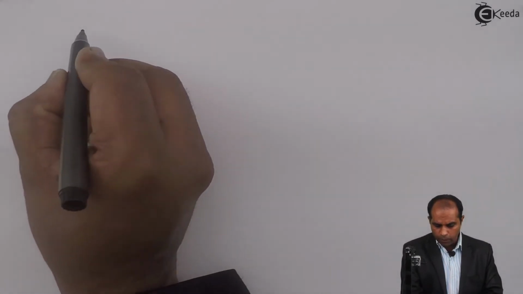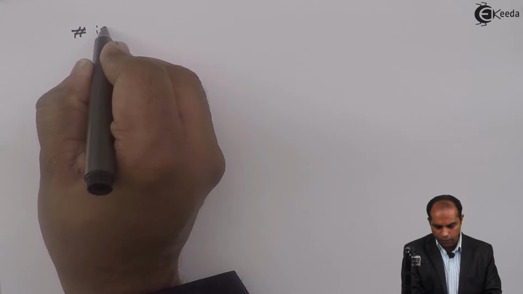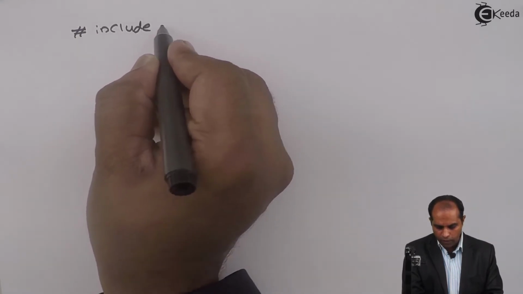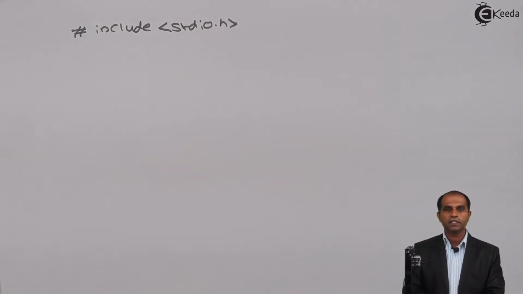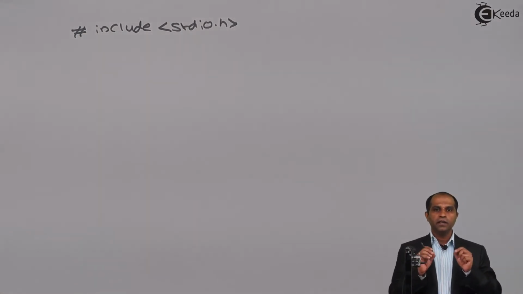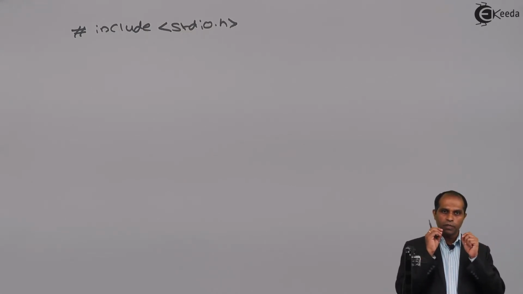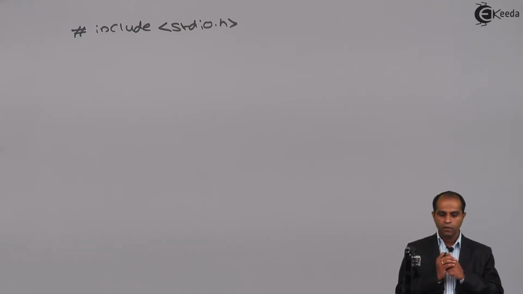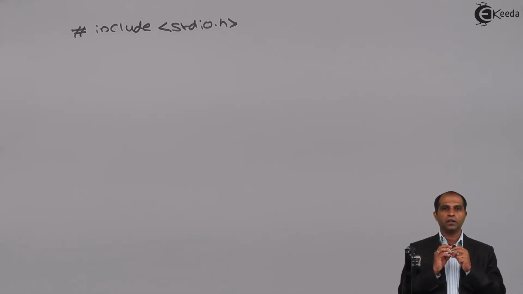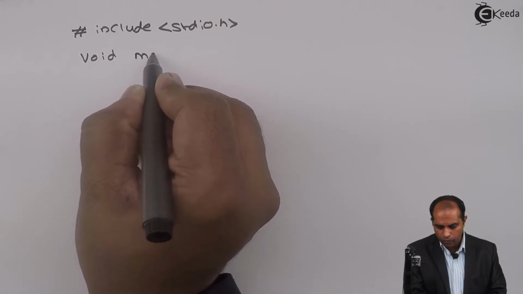So to begin with the program, we know the structure of a C program is always going to start with a header file. Let's include the header file stdio.h. We have discussed in the previous part that stdio.h is responsible for all the standard input-output functions which are related to the input device, that is keyboard, and the output device, that is monitor. Now, every C program will have at least one function, and that function is titled void main.